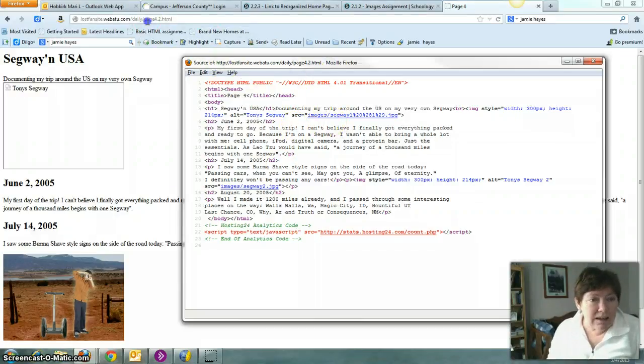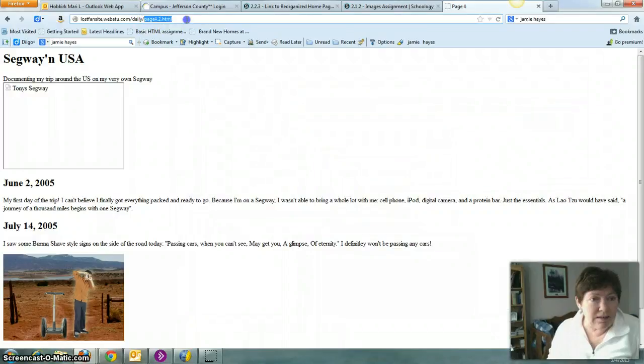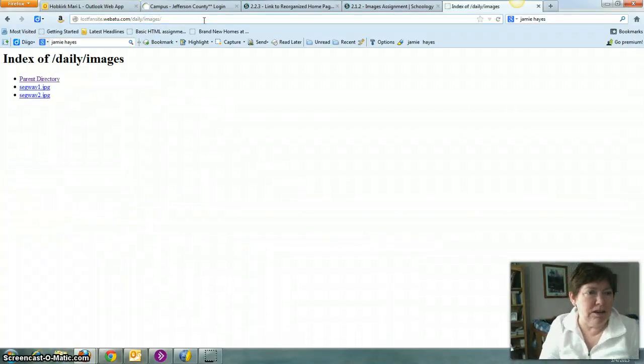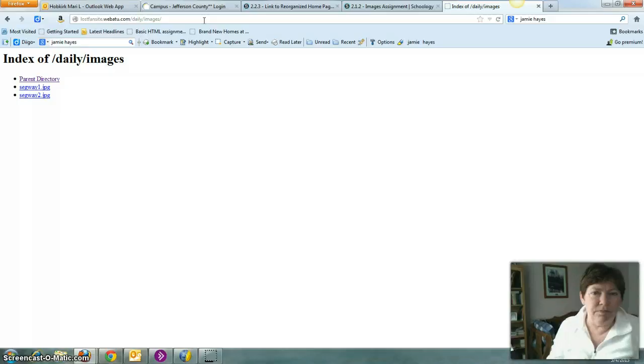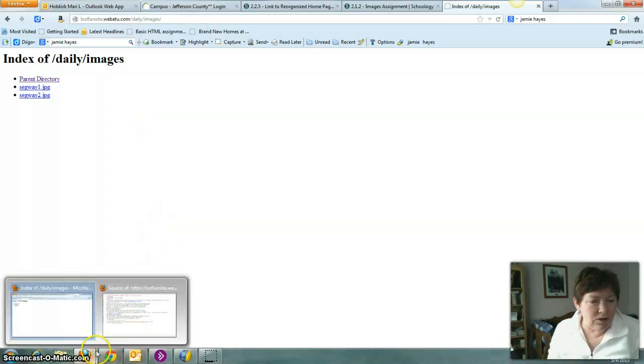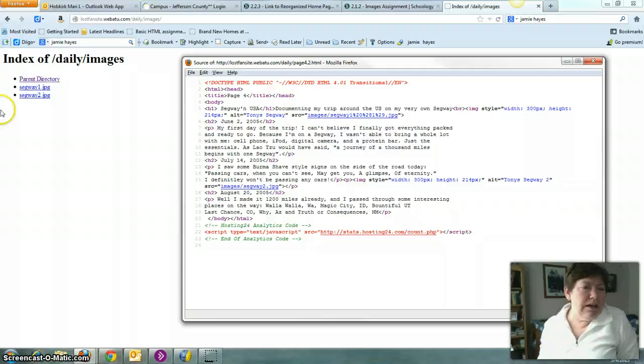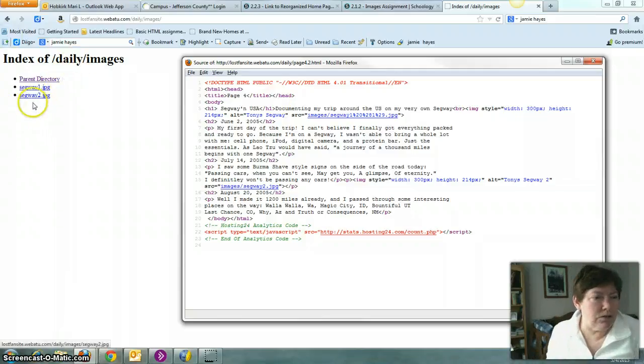But the next thing I can do to troubleshoot this is inside of your daily folder. I know you have a folder called images, so I can go up here and look at it this way. So two things going on here if I call this code back up. Inside of your images folder, you have two files. One called